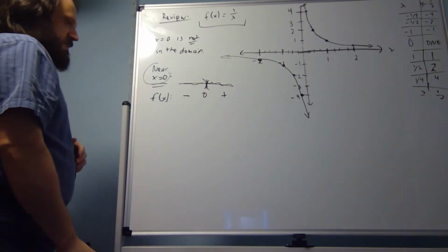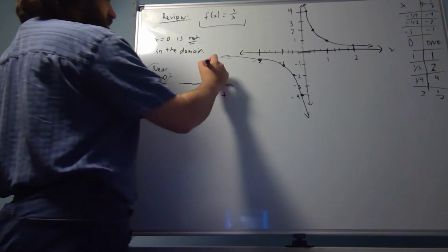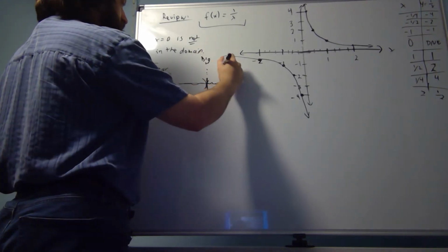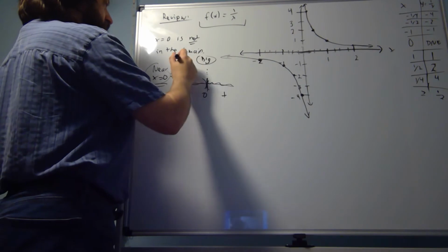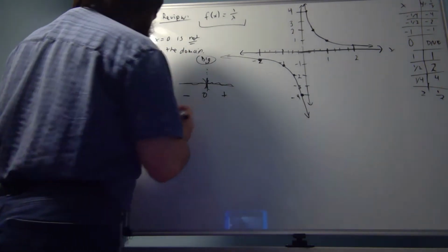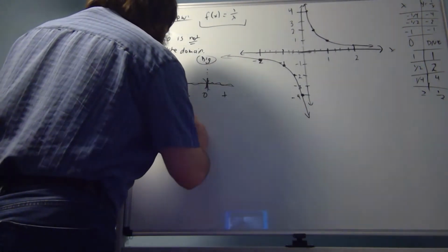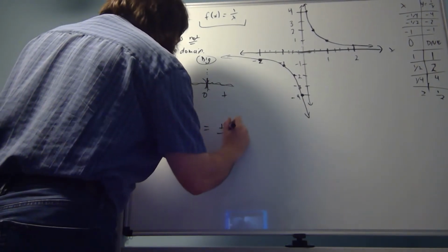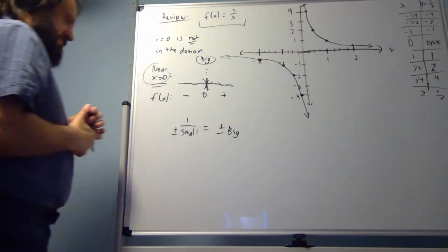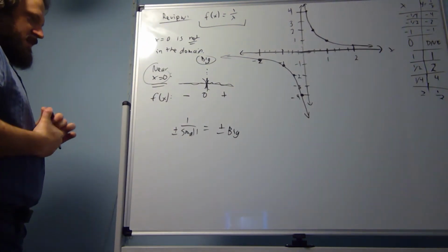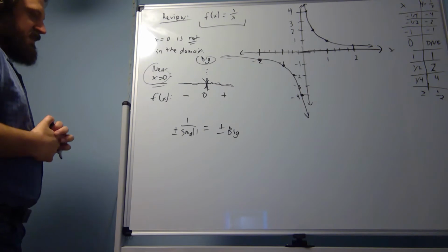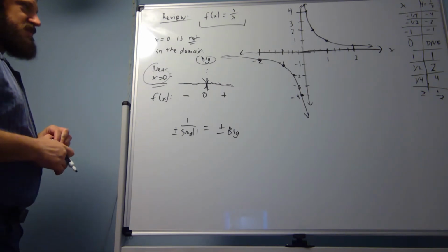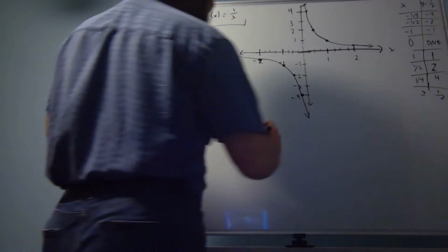And we're getting positive numbers. So basically what we have is 1 divided by a positive or negative small number, and you end up with a positive or negative big number. So kind of the summary here is